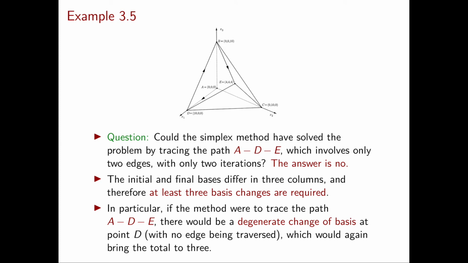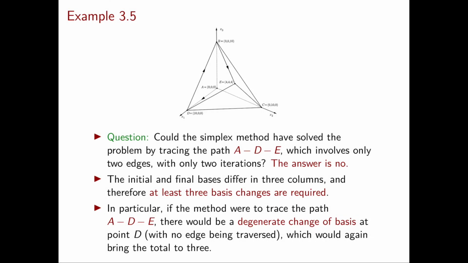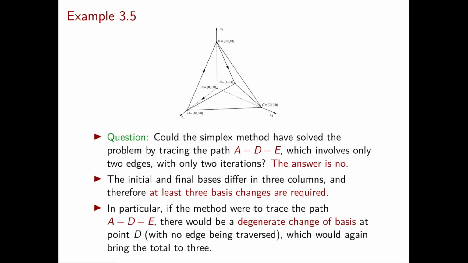But this again seems a little bit strange because it doesn't match our geometric intuition. In fact, geometrically it is clear that we could have gone from A to D and then to E. So what if you try to do this with your simplex tableau? What will happen is that in D you need to perform a degenerate change of basis. So this is one iteration of the simplex method which performs a change of basis but doesn't change the corresponding basic feasible solution. And this makes sense because D is in fact a degenerate basic feasible solution as we previously observed. And this concludes our complete example of the full tableau implementation.